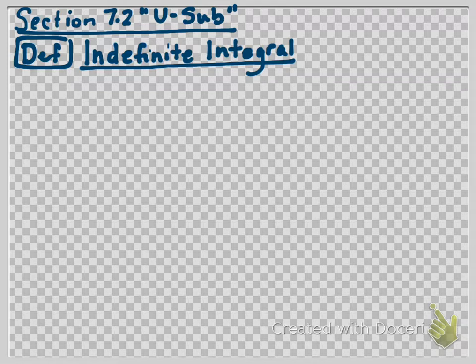That's right. And I actually alluded to this earlier in our conversations. What made it definite? We had a closed interval, wasn't it? That's right. We were dealing with a closed interval. Okay, so we'll go ahead and write it. The family of all, and then I want you to tell me what this first phrase refers to that you just did in 7.1. The family of all antiderivatives